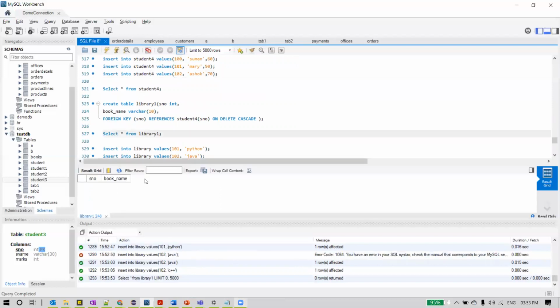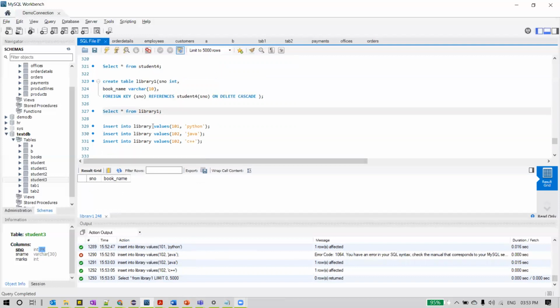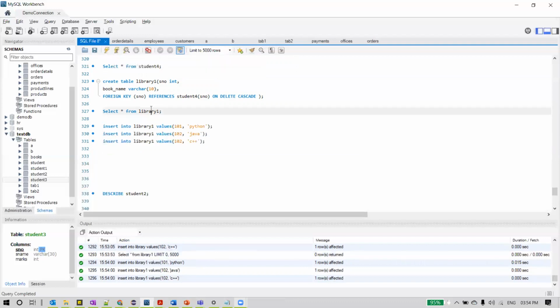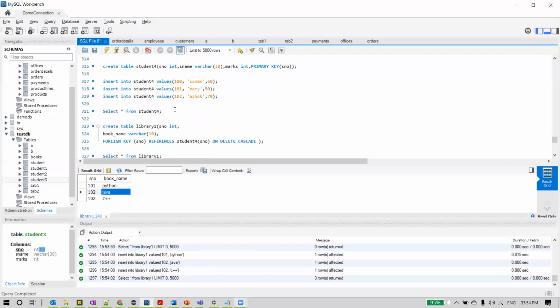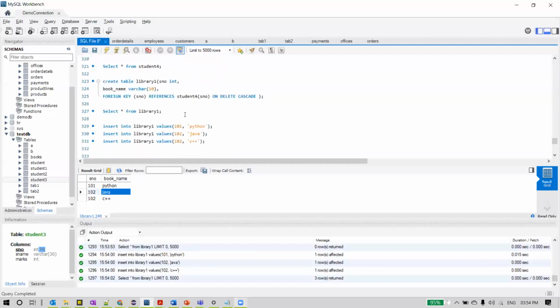Let us check. It has to be library 1. And you can see library 1 has 3 rows in it. Fine. Now what we are going to do is delete the student with S number as 102.